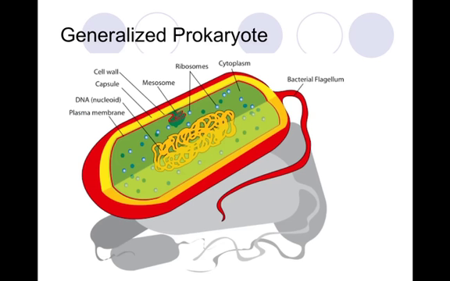This is what a prokaryotic cell looks like. This flagella, or the tail on the end, will help with movement. But if you notice, there's not a lot of internal structures to it. There's no set nucleus, etc. And it looks like a fortress. It has a cell wall on it to protect it. That's why it's so hard to kill